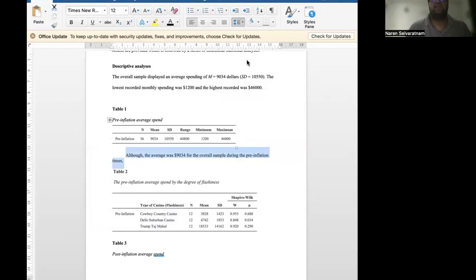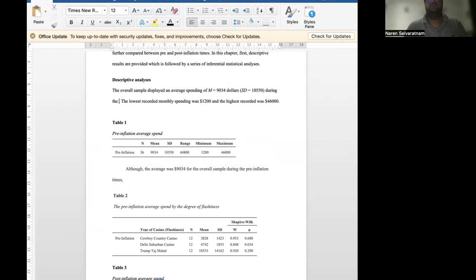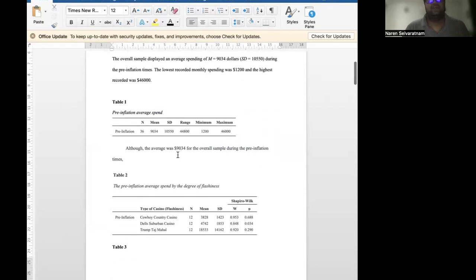Now you might notice I haven't said the overall sample displayed an average spending of dollars during the pre-inflation times. That is missing here, pre-inflation times, so I'm including it here. So although the average was 9,034 over the sample during the pre-inflation times,